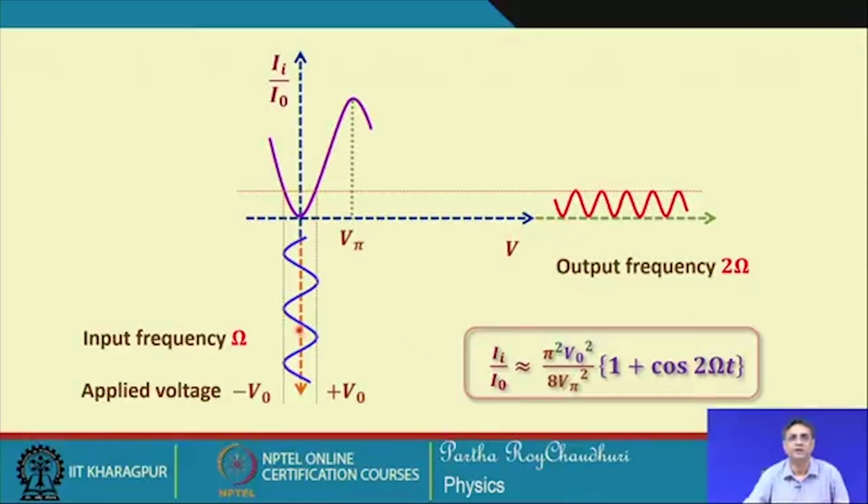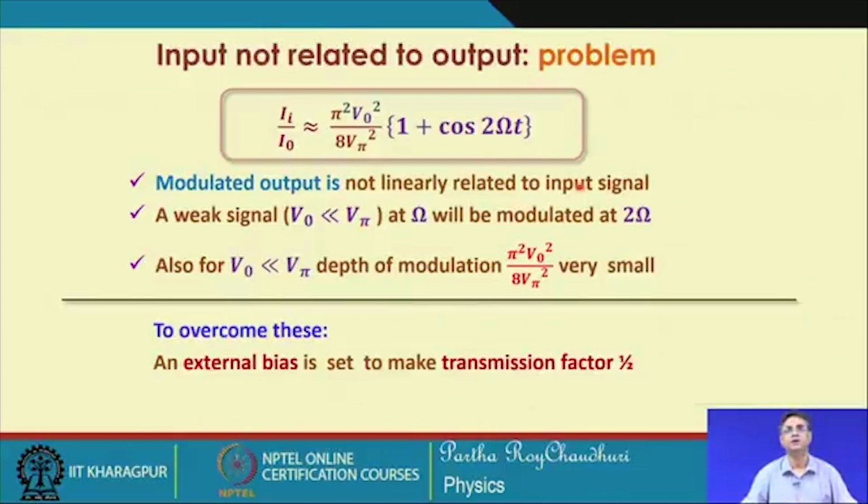So, we will try to look at this situation and whether we can get some improvement. The applied voltage is from minus V 0 to plus V 0, so it modulates in this way, whereas the output transmission factor is always positive, but at a rate which is double the frequency of the input. So, this is the problem. This problem can be overcome by